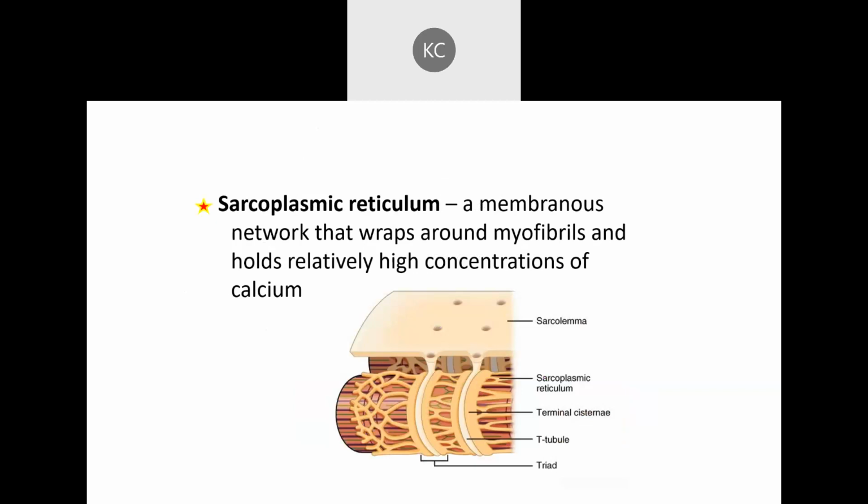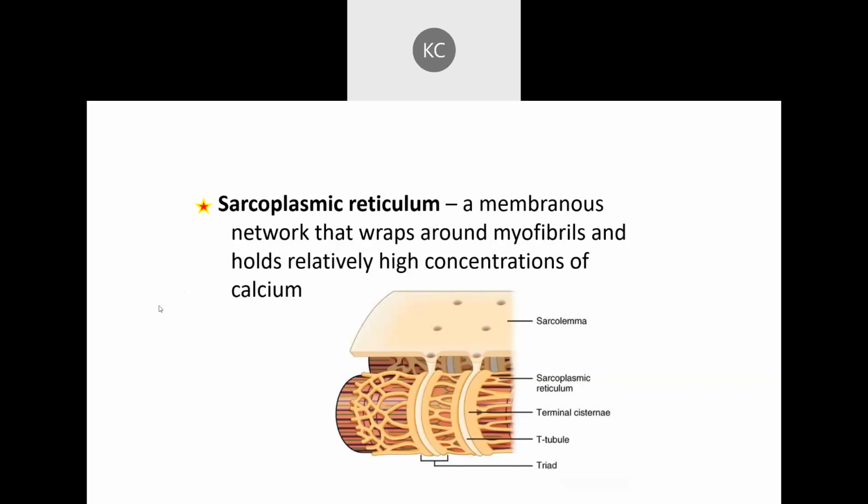In the muscle cell, this is specialized specifically to hold and to concentrate large quantities of calcium ions, right? So all in this yellow tissue here, all of this is the sarcoplasmic reticulum, and these are the T-tubules. And so as the impulse travels down the T-tubule, it passes by the sarcoplasmic reticulum, causes those voltage-gated calcium channels to open, and allows large quantities of calcium to rush out